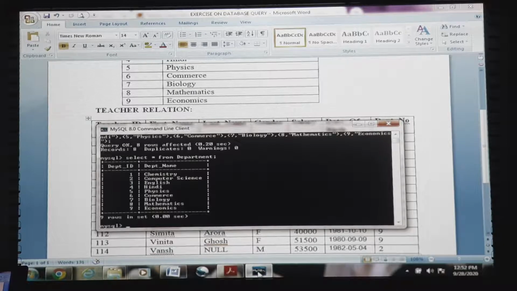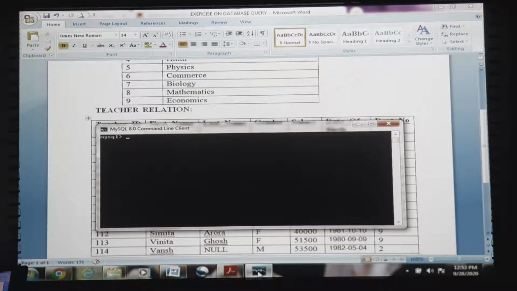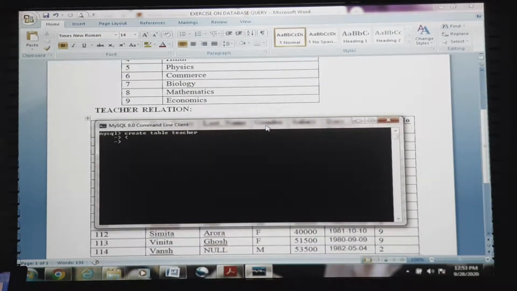So here we will create table teacher, then opening bracket. Here we have declared teacher ID as the primary key, while the last attribute, department number, has been declared as foreign key. So we will place all those restrictions inside our relation itself.